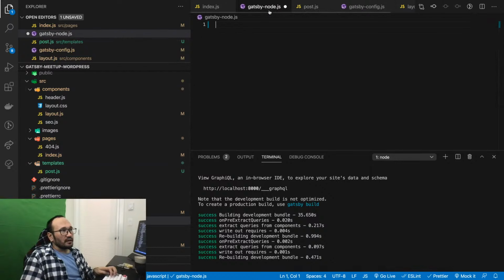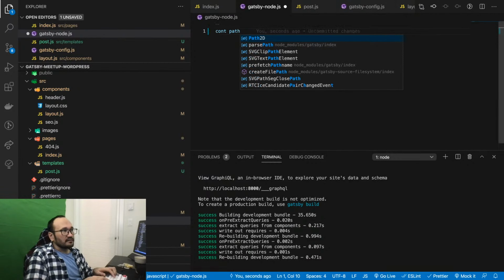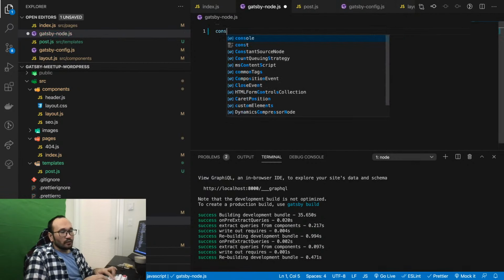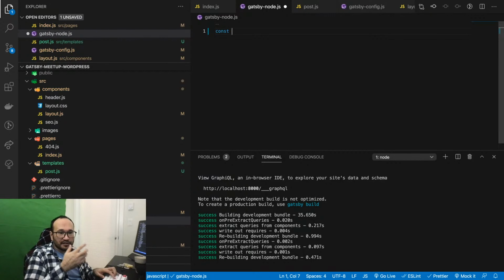And here I am in gatsby-node.js. So we want to generate the pages at build time.